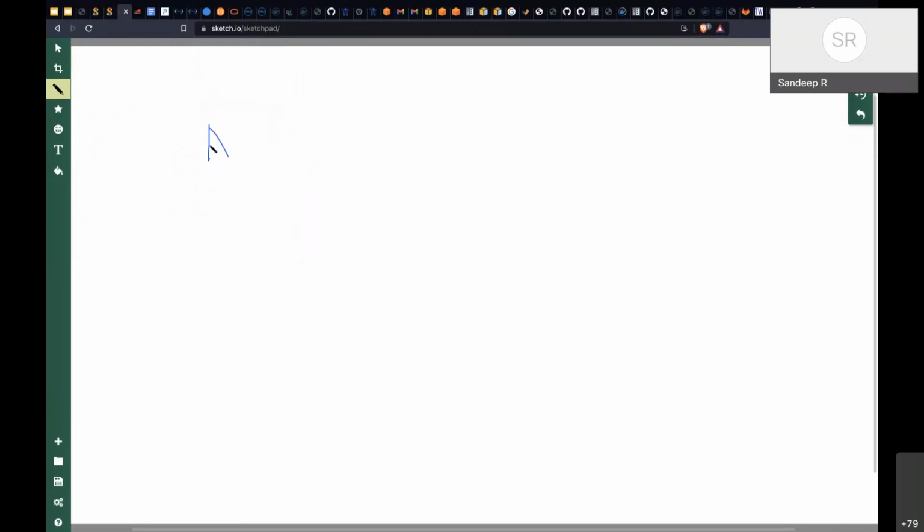This is one tower, this is another tower, this is the third tower, and the fourth tower. So each one is a tower. I'll call them 0, 1, 2, and 3. So this is what you see here. This is RRH.